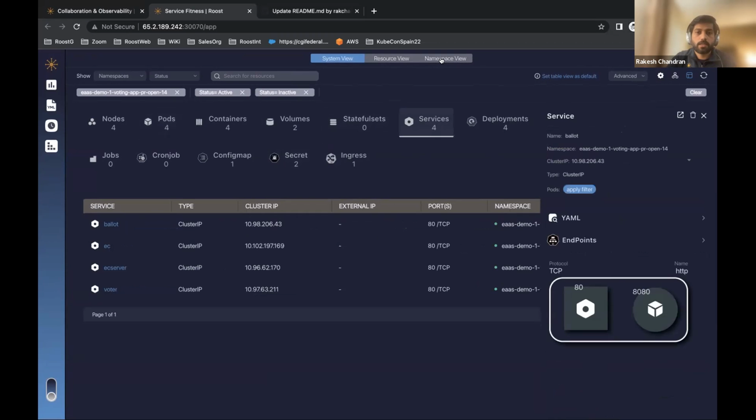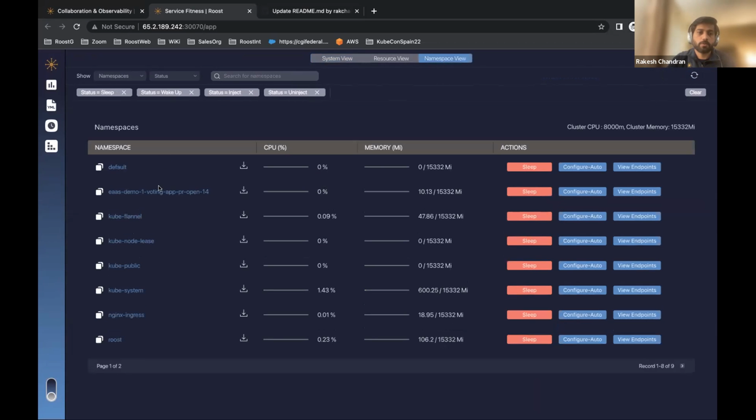And the other thing is we have a namespace view. So this is the entire cluster, what's happening. You can put that namespace to sleep for a specific amount of time, so that the entire resource utilization for that specific cluster in that namespace goes to 0. And whenever you need it, you can bring it back. So on a namespace level, you have more control there, and everything is treated in an ephemeral way. So you spin up when needed and shut down when not in use, right?